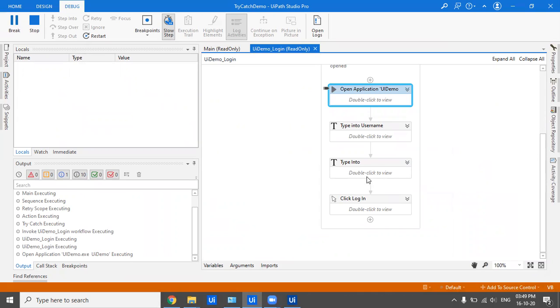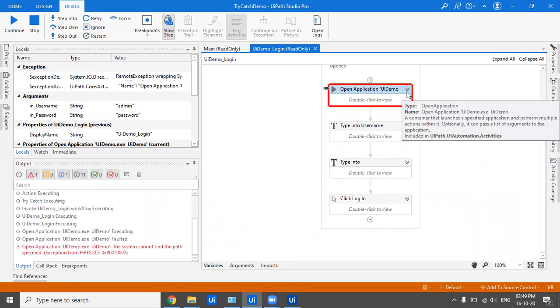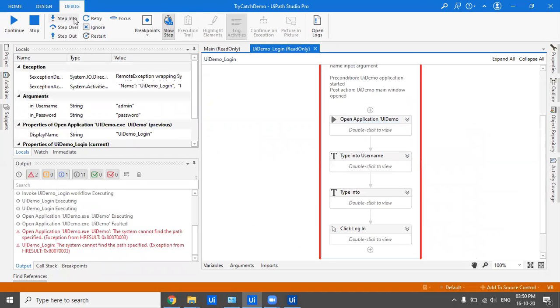So it's as of now opening the UI demo application. Let's wait for it to open. We got an error here, that the system cannot find the path because you've given a wrong path. And we got this red indicator, which usually indicates that there is an error. I'll now step into it one by one so that we can actually see.